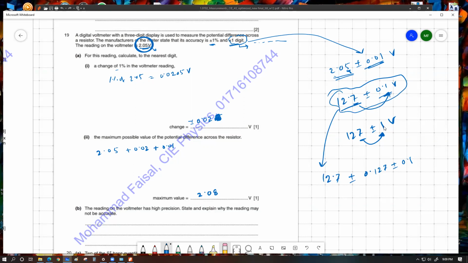It is dependent on what your original reading is, ওখান থেকে ওটা manipulate করতে হয়। ওইজন্য আমি ফিক্সড একটা ভ্যালু বলতে পারছি না।